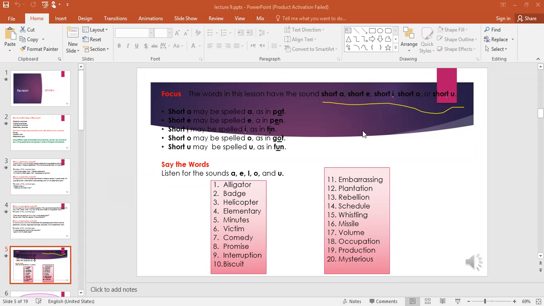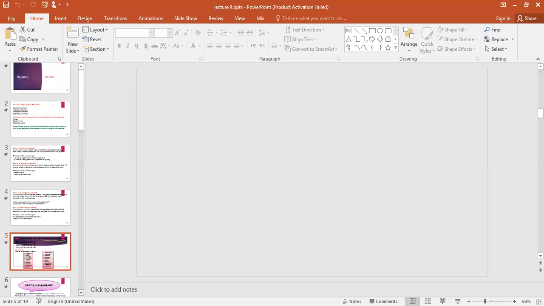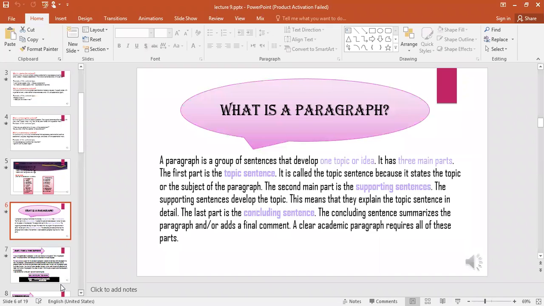Okay, so now let's move to the spelling lesson. The first spelling lesson that we covered was the short vowel sounds. As you all know, we have 5 vowel letters, which are A, E, I, O, and U. These letters may have short sounds and long sounds. So this lesson is about the vowel letters having short sounds. So it means that you do not stress on the vowel letter when you read the word. This is the short vowel sounds.